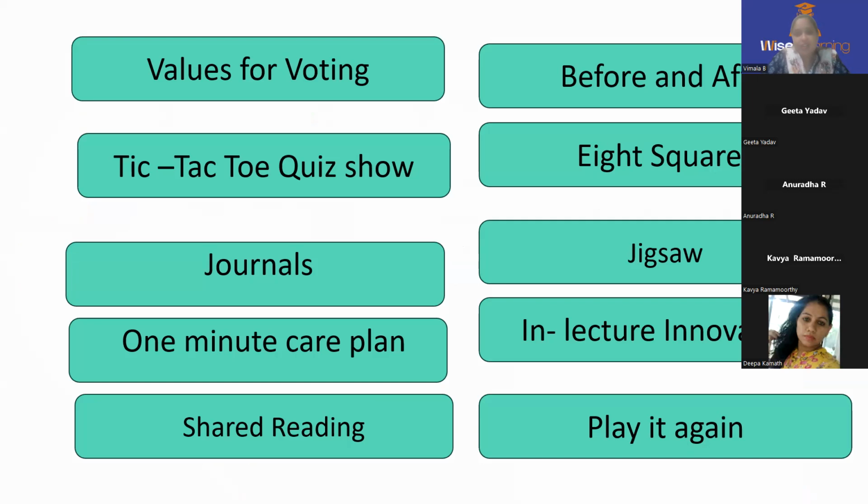Here I have a few strategies which I mostly use in my sessions. I'll go one by one with a few details and examples. So first, let me go for values voting. The objective of values voting is identifying and considering the thoughts and attitudes of the students. I will give them a statement or a question. For example, is it very necessary to participate in the election or to cast my vote? This is my question.